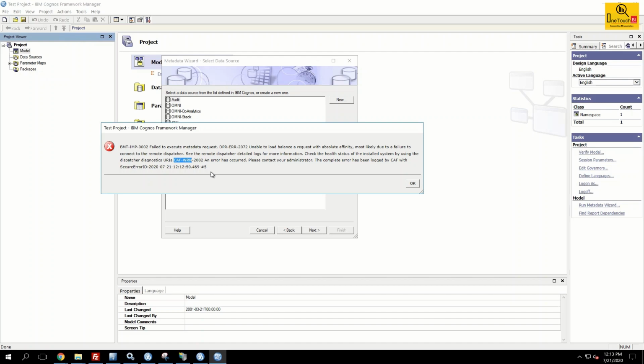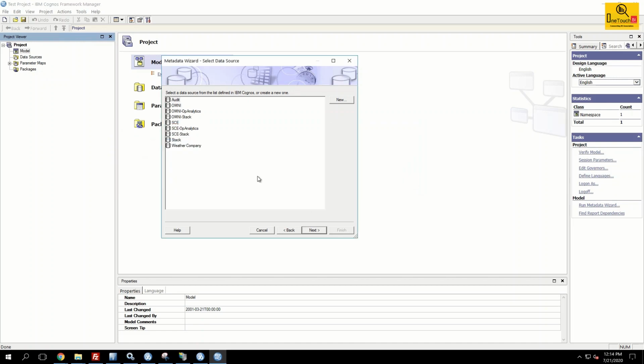In simple terms, any authentication you try to do with any object, the CAF warning error will come. These error numbers are very unique and will differ. We can ignore that. At the high level, we know what the error is for. So now we know that the error is coming because your audit database is not configured properly. Click OK. But as I showed in the previous screen, the stack connection was successful.